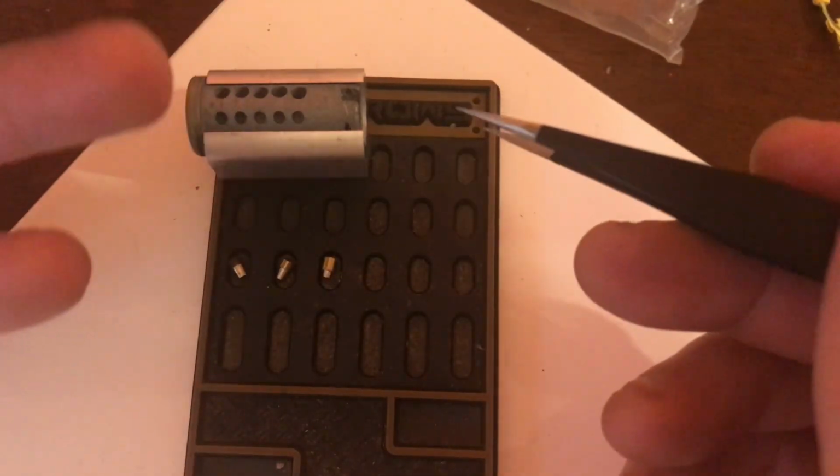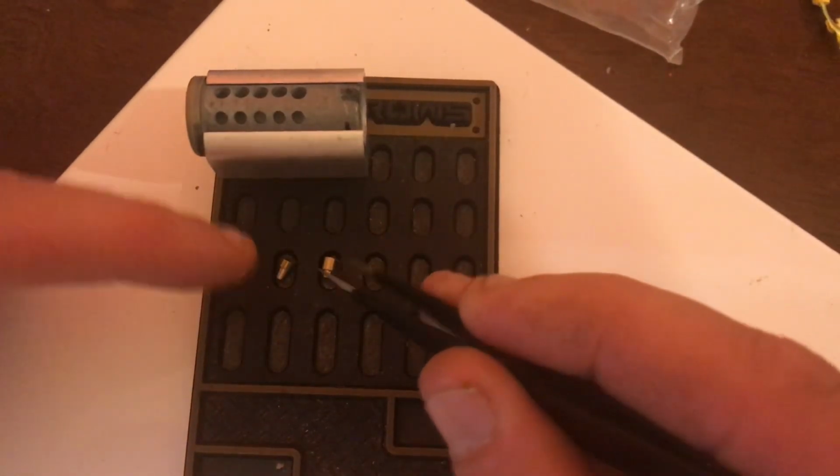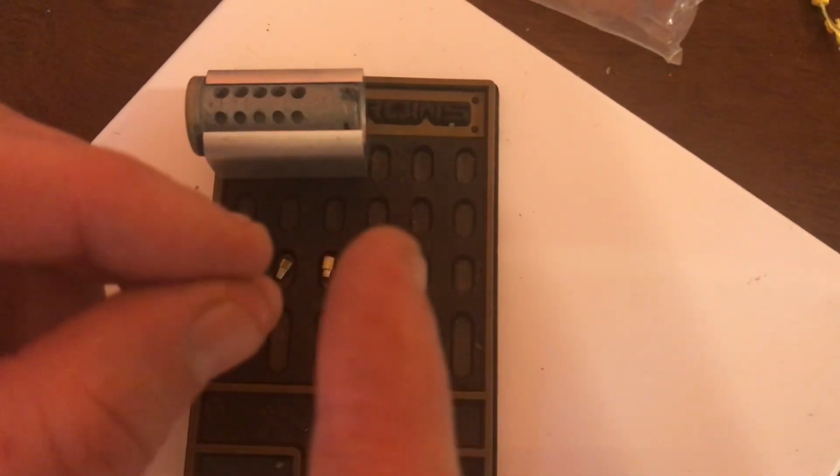Most people, I think, start with files as opposed to saws. These are still able to be made. And again, you'll chuck them up and get them turning. And what you'll have to do is you'll come in and you'll make your cut. And as you're cutting, you'll want to